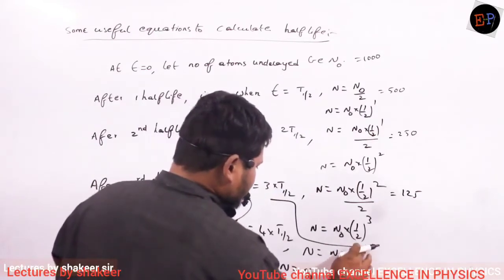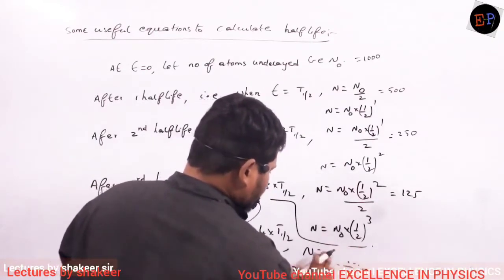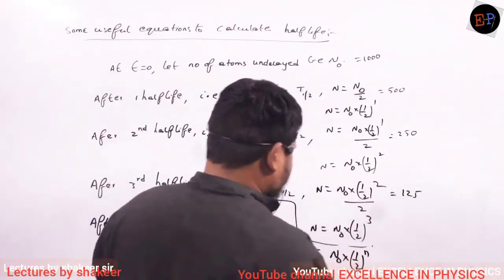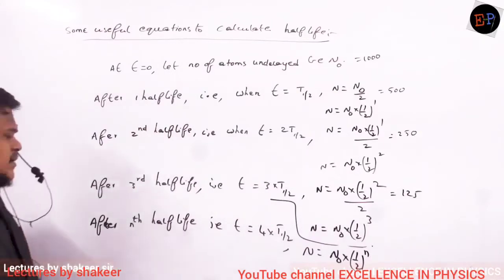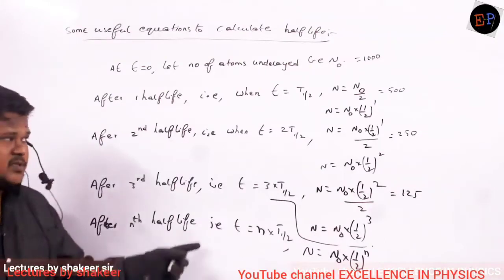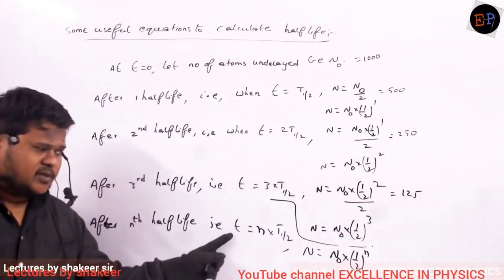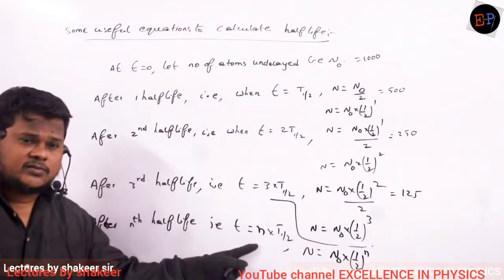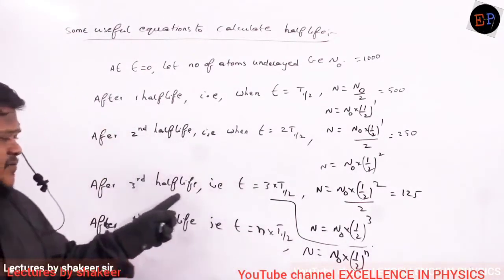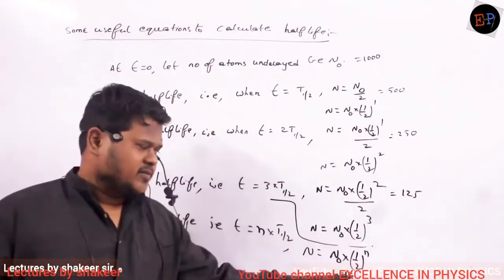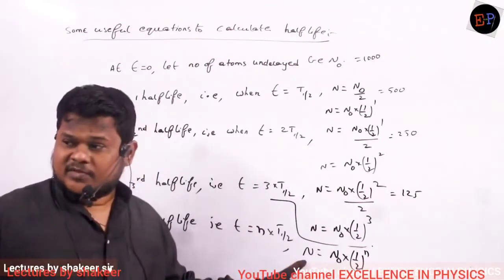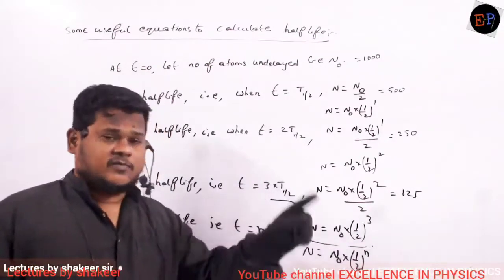So directly I will write, no need of all this. I will write N is equal to N0 multiplied by (1/2) power n. This is how I can write. Here also, after the nth half-life, if I follow the same sequence, what will be the total time? Total time will be n into the time taken for each half-life. Okay? So if it is 3 half-lives, in the numerator I got 3, power 3. So this is the general equation to calculate the number of atoms which are ready for disintegration after n half-lives.